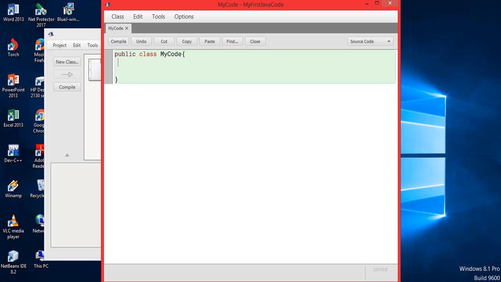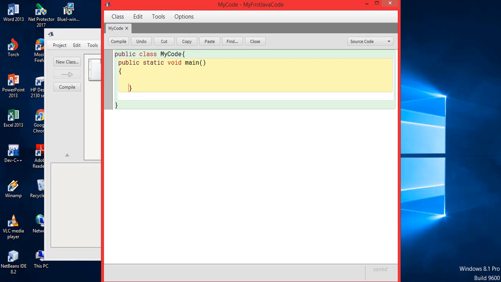So now what is the main method? The compiler, or the computer, will start understanding your code from the main method. So we'll write public static void main. Open these brackets here, and within this we will be writing something to be displayed on the screen. Whenever I want something to be displayed on the screen, I will write it inside here. I will say System.out.println. This is the line that you write to print something on the screen, and I say Hello World. So this is what I want to get printed, correct?